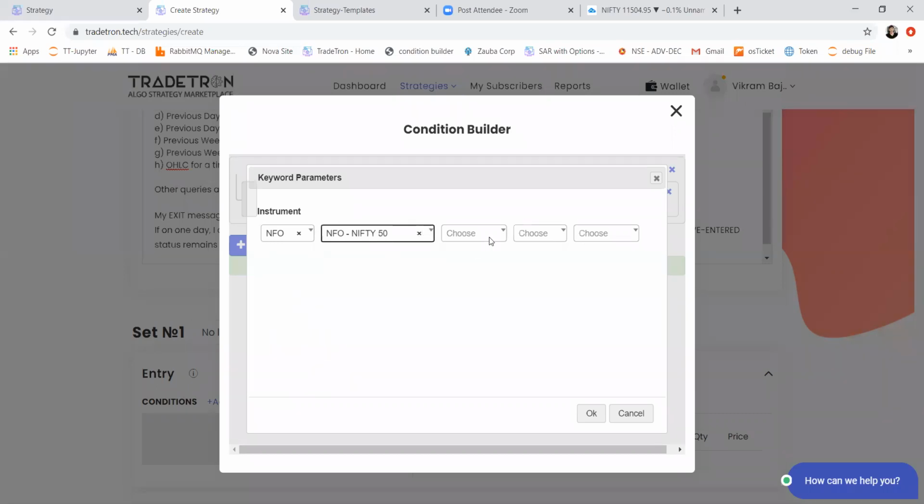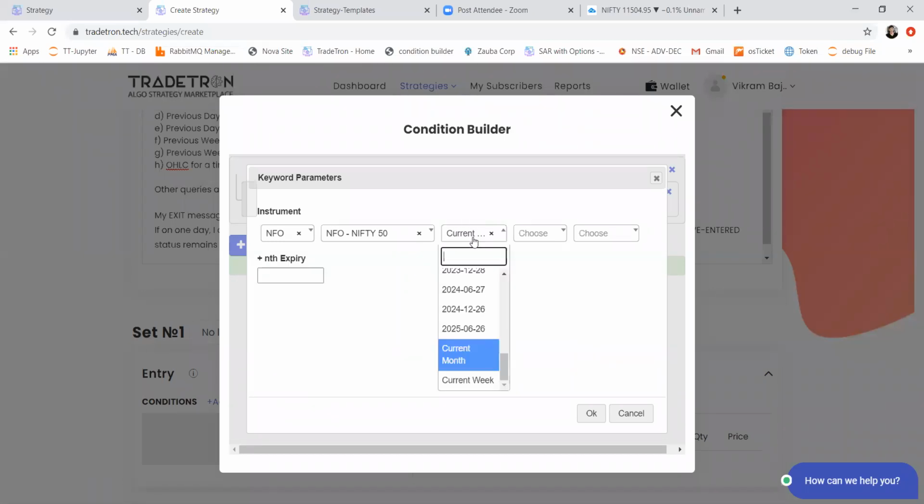Now, if you want this Renko chart to form based on the spot price or Nifty index price, then you do not need to select any expiry date. But if you want to form a Renko chart of futures, then select an expiry date as current month, or you can also explicitly define the expiry.